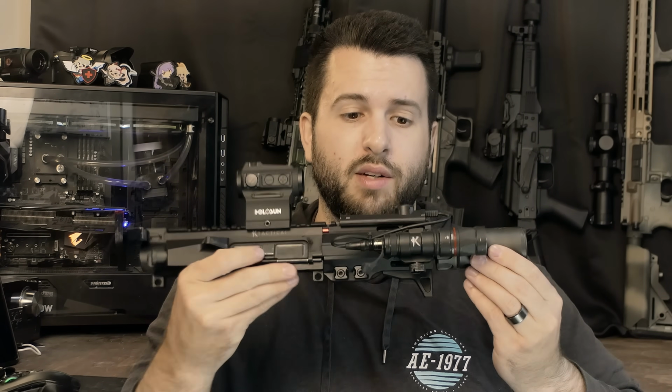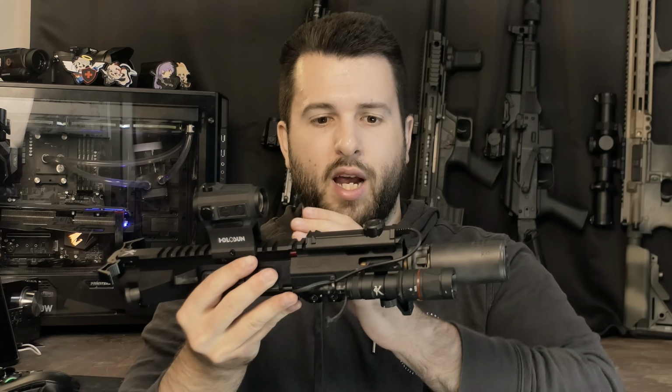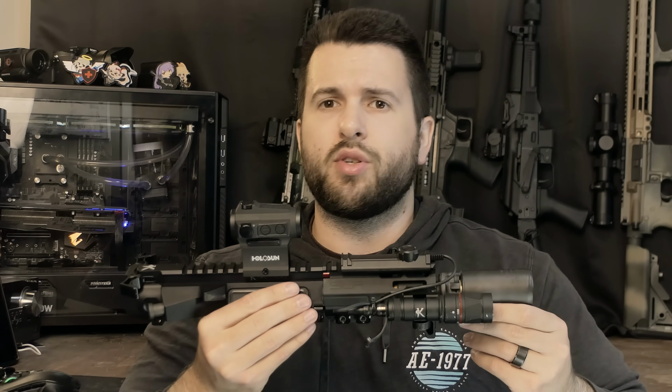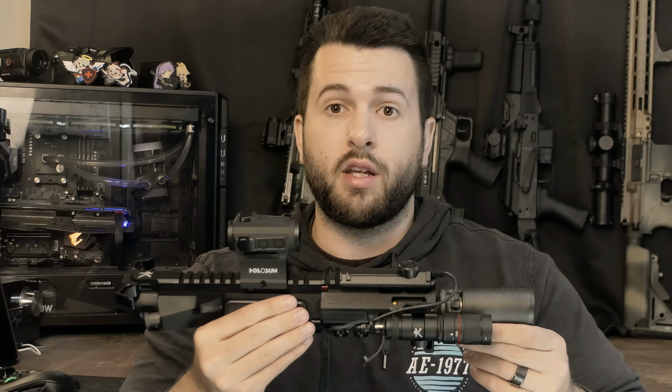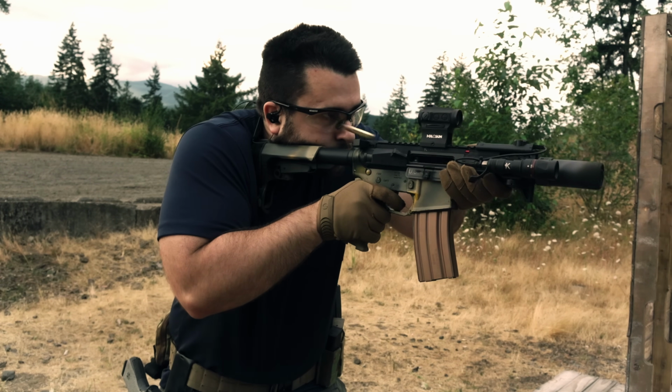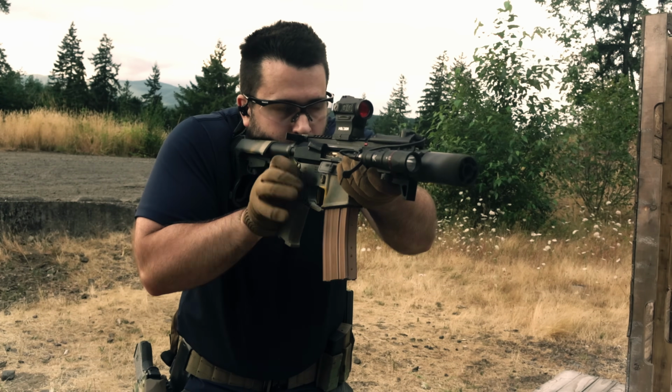It is definitely something I would like to see Rock Set or high temperature thread locker applied to the gas block set screws, as with an upper receiver this compact, with the chamber and gas block about an inch away from each other, you're definitely going to need something, because that is a lot of heat in the same area, and of course a lot of blast, concussion, all that sort of terrible stuff going on with a 5.56 upper receiver. You're definitely going to need to secure your gas block either via a pin, which again the gas block is pre-tapped for, or of course some sort of high temperature thread locker, Rock Set, on the